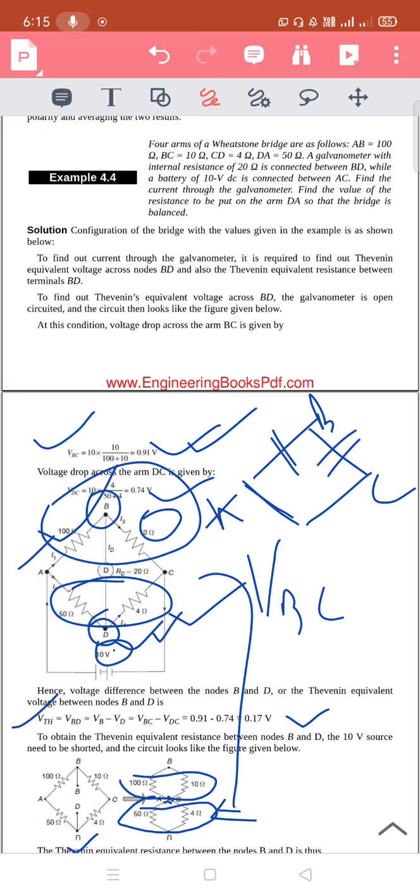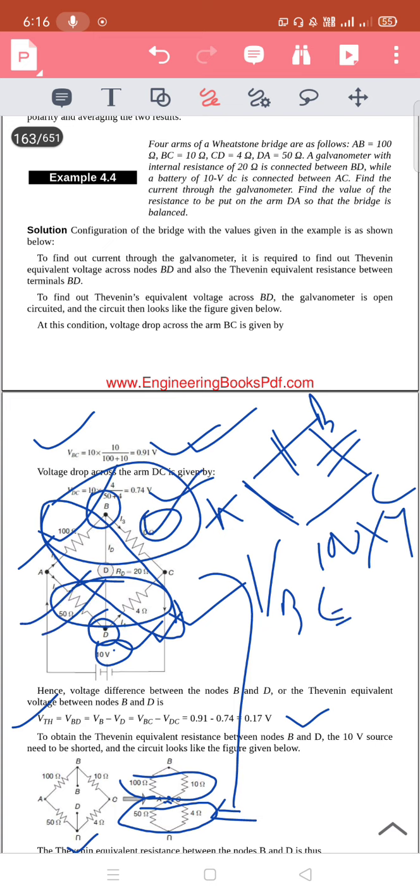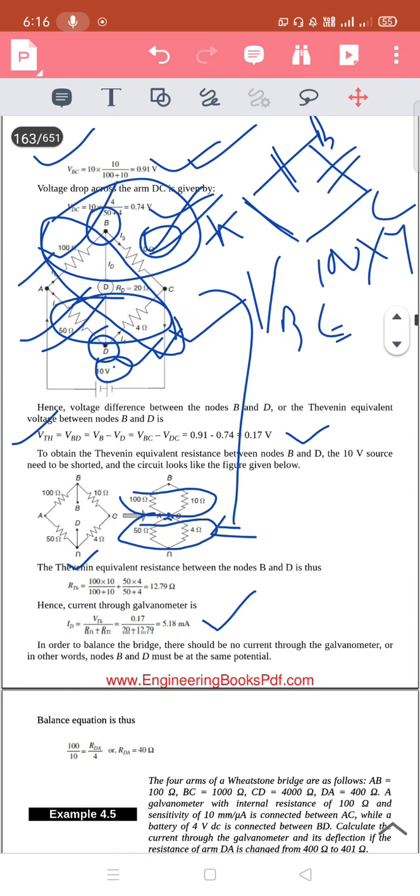Here 4 ohm and 10 ohm are connected, so the bridge condition says that 100 ohm into 4 is equal to that resistance into that resistance. Applying this rule, our balance equation is